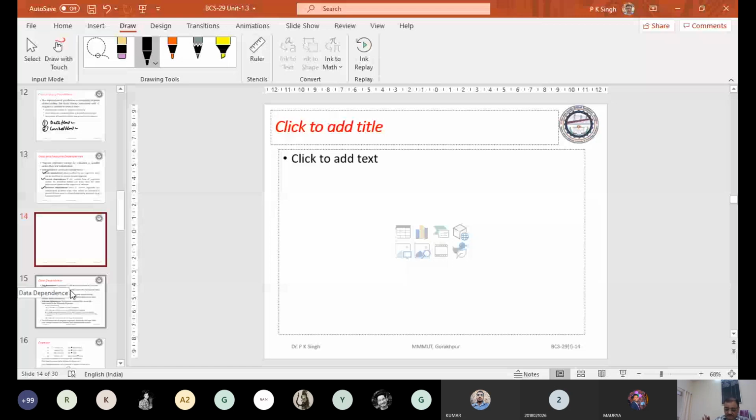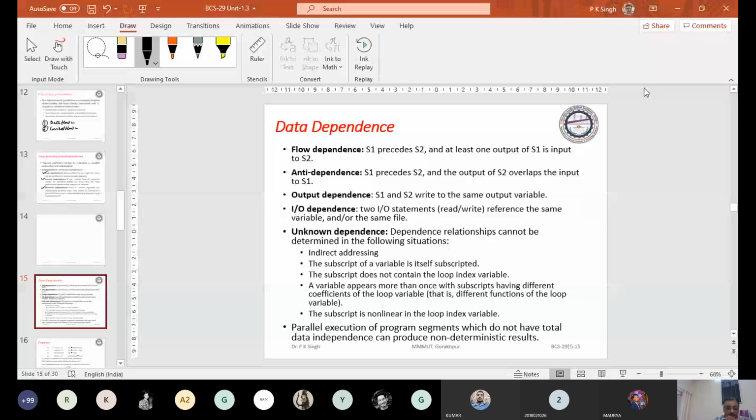Data dependence. Just see, we may have, how many types for parallel execution. Suppose